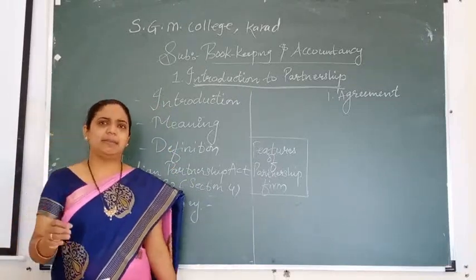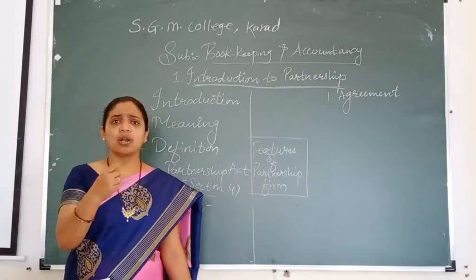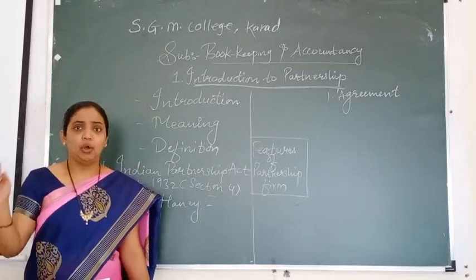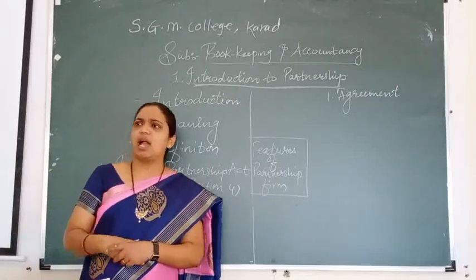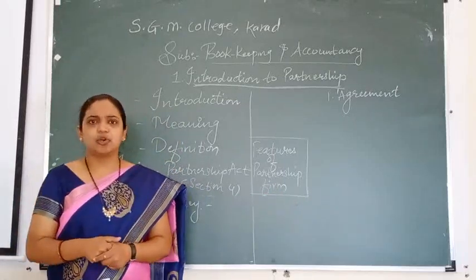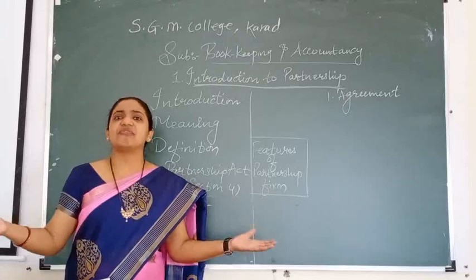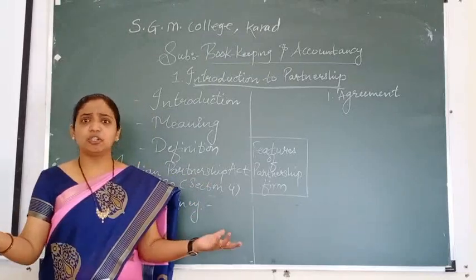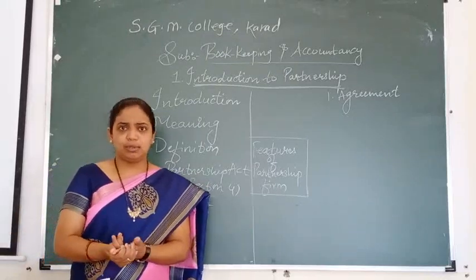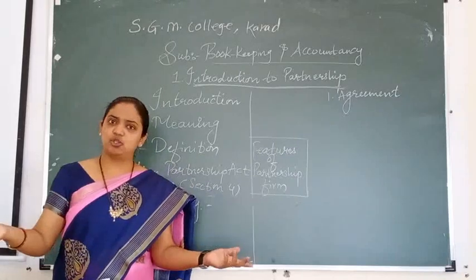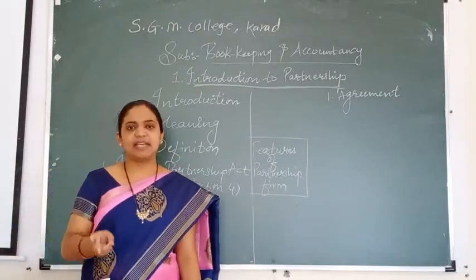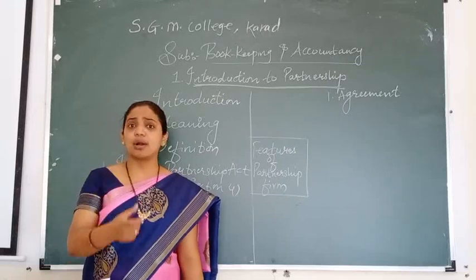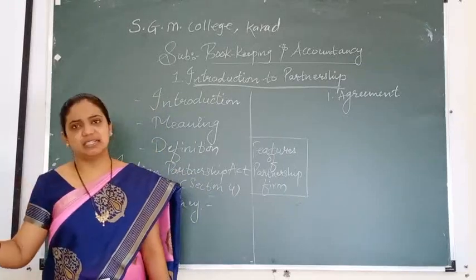The written agreement. See, an agreement may be of two types: oral agreement and written agreement. Oral agreement means what? Orally only, we two partners come together and say, yes, we will start the business. Yes, of course. But sometimes it happens that no proof is there, and afterwards the business may dissolve. Disputes may happen between the partners, and it may get dissolved. So here, two types of agreement can be made. The first is the oral agreement, and the second is the written agreement.